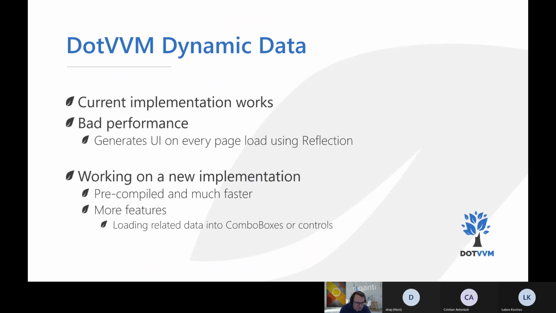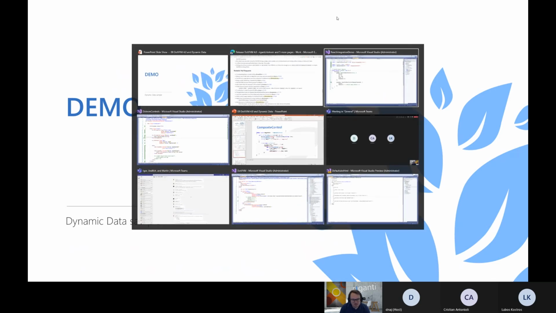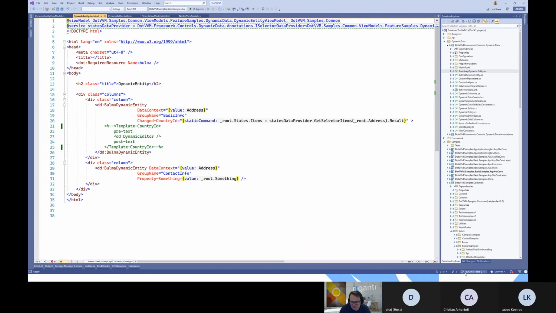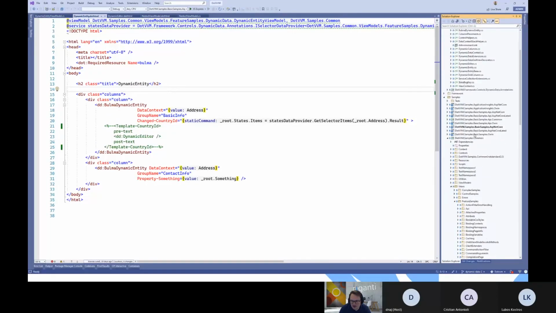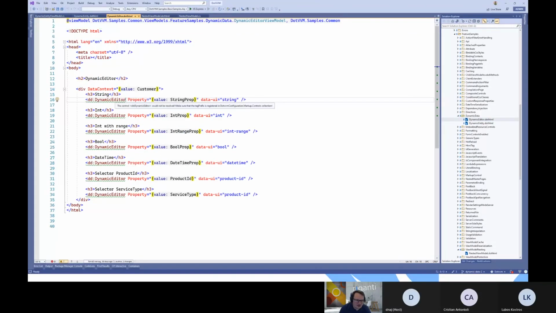That's not decided yet. Okay, so I'm in the .vvm repo because it's in some special branch. It's not in main, it's in dynamic data-2. And I have some sample applications for that. And you can see that I have 2 pages here. The primitive thing is this dynamic editor. It's a control where you just give it a property, and based on the type of the property, it will render the appropriate control. So if I run this